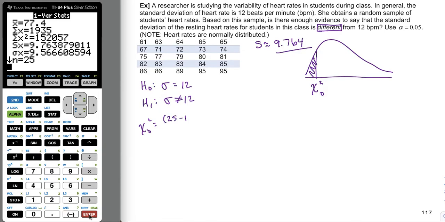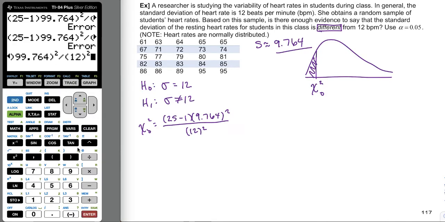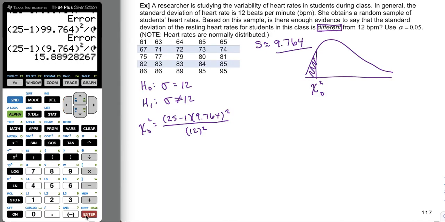And minus 1, so 25 minus 1 times s squared divided by sigma naught squared. Okay, so let's get this in a calculator. 25 minus 1 times 9.764 squared divided by 12 squared. Oops, I typed it in wrong. Let's get that back and fix it. That should be squared. Okay. All right, what did I do wrong? Try one more time. I think I've missed out on a parentheses over here. Okay, so here's our test statistic. It's about